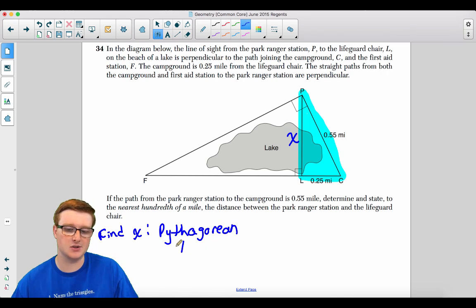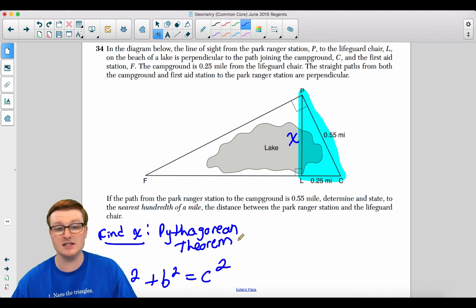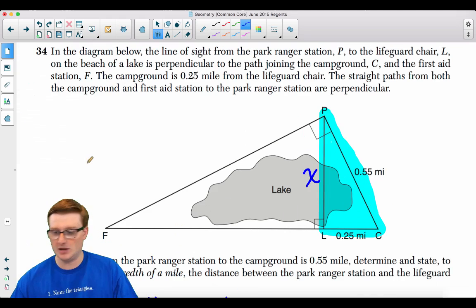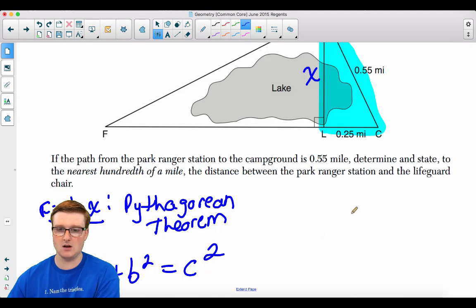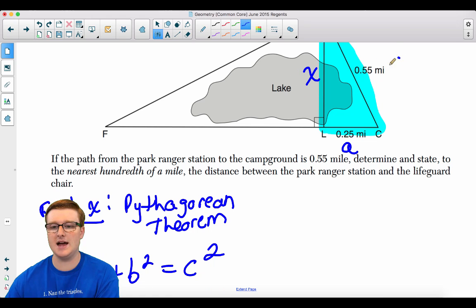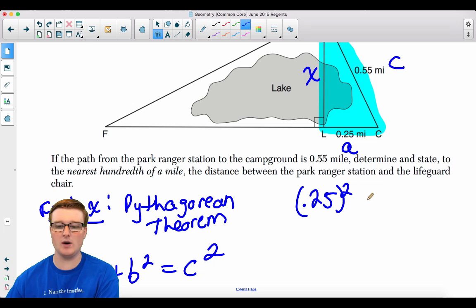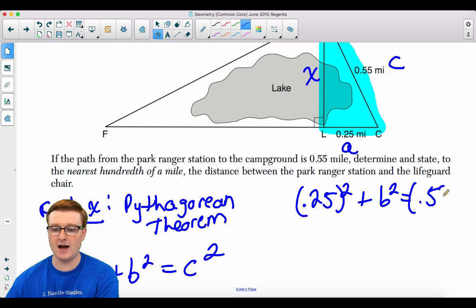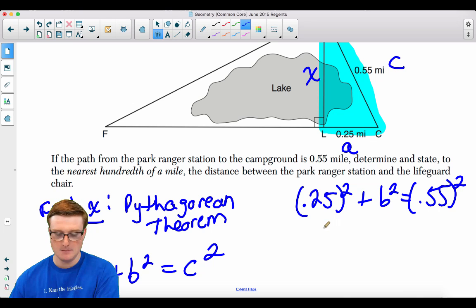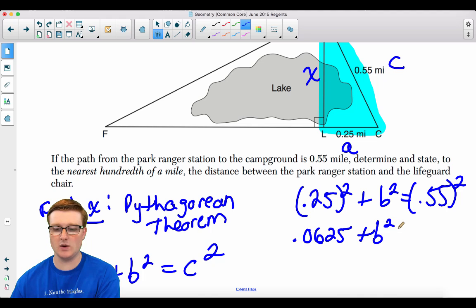Good old Pythagoras. And remember that the Pythagorean theorem is a squared plus b squared is equal to c squared. Here we go. So this is your A, that's your B, I'm going to call that X though, and this is your C. So we have 0.25 squared plus b squared is equal to 0.55 squared. 0.25 squared is 0.0625, plus b squared is equal to